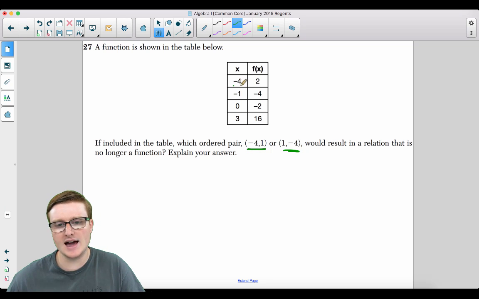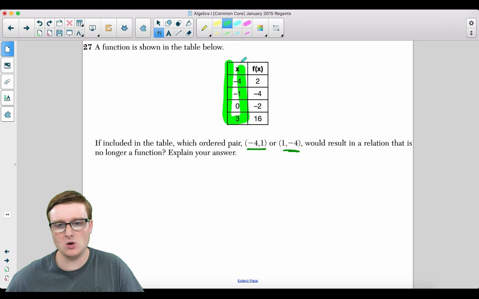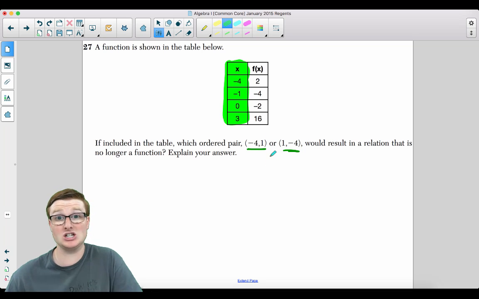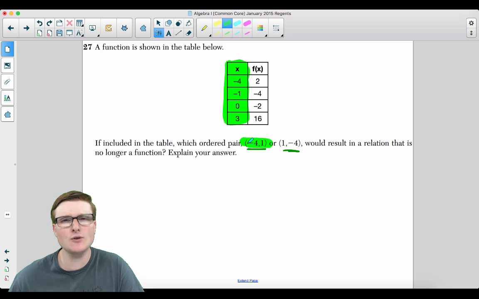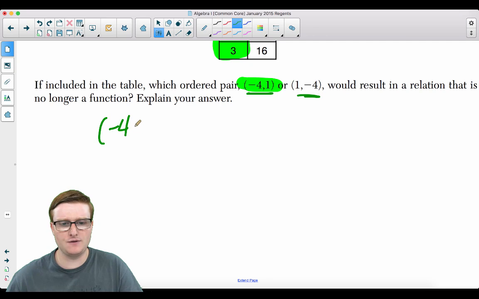So if you look here, your x values are -4, -1, 0, and 3. So if you're looking at these points, which one would result in a relation that's no longer a function? Of course, that would be -4, 1. So your answer is going to be -4, 1,